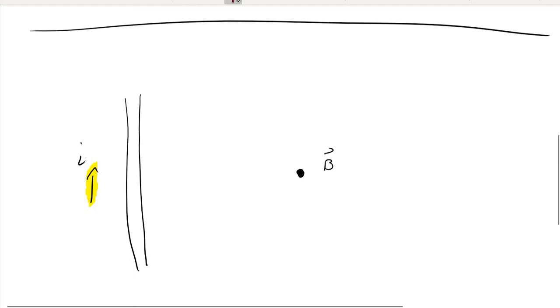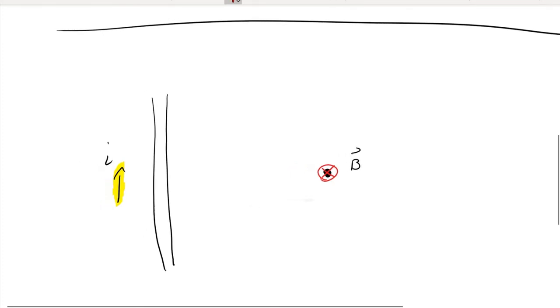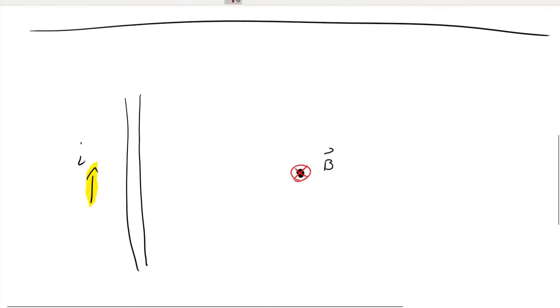And the answer is that they should be pointing into the page. As you wrap your fingers around this wire, your fingers will intercept the screen, pointing into the screen, and then your fingers would continue to curve around the backside of the wire,